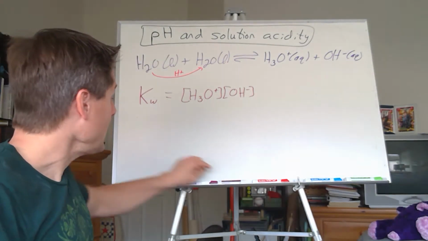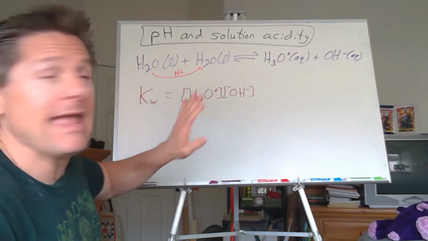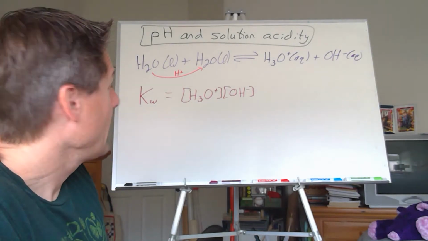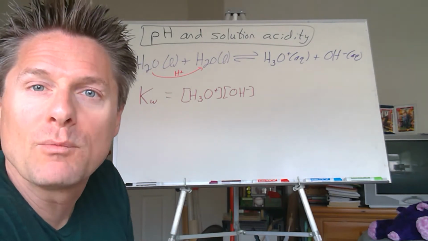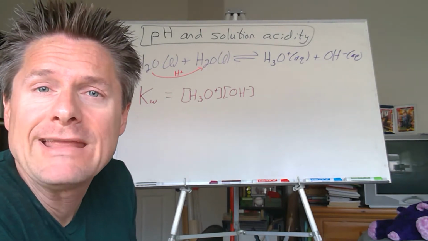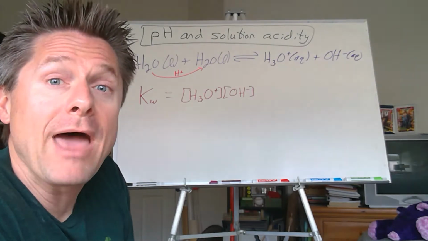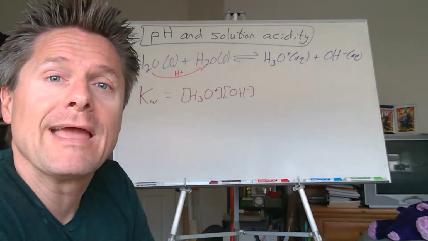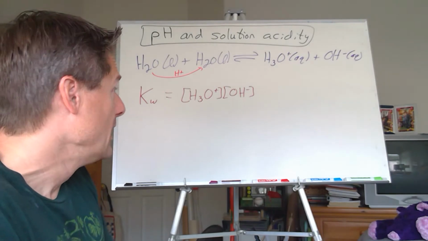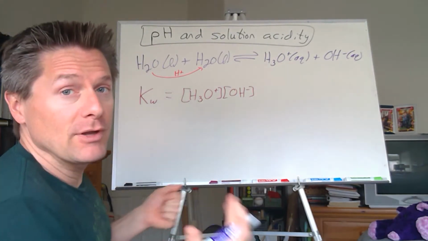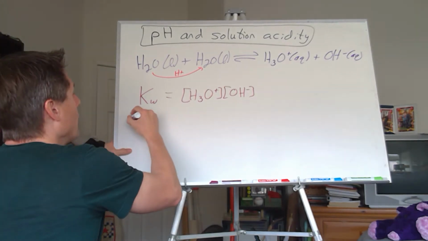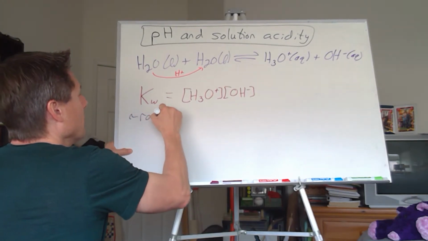Easy. And of course, I gave you the value for that last time as 1.0 times 10 to the minus 14th. Sometimes you'll see it as 1.00 times 10 to the minus 14th. As far as significant figures, it won't matter because we've mentioned K values typically have 2 or 1 significant figures. So we'll probably go with 1.0 in this case. But I want to show you where that comes from. At roughly room temperature,